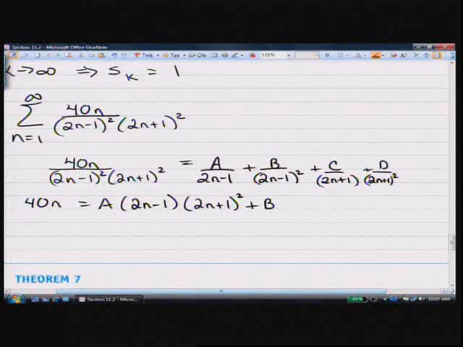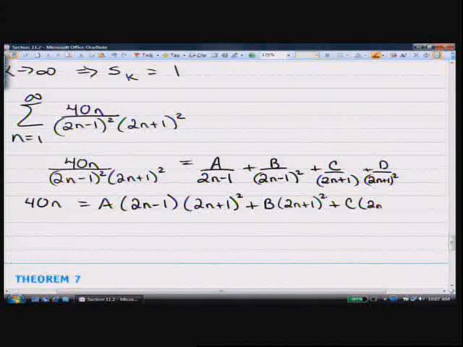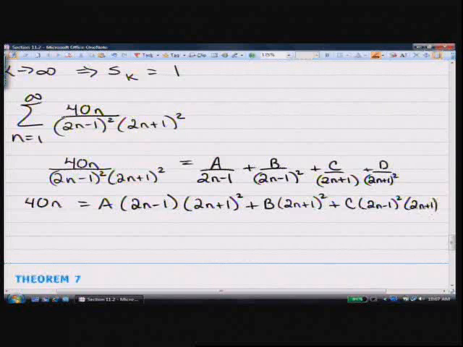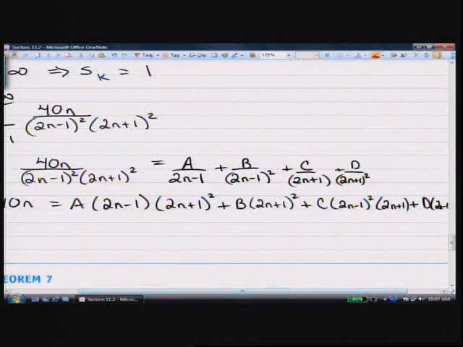It needs the 2n plus 1, squared. All right, and then C needs the 2n minus 1 squared and another 2n plus 1, okay? And then D, all it needs is the 2n minus 1 squared. Okay, now,